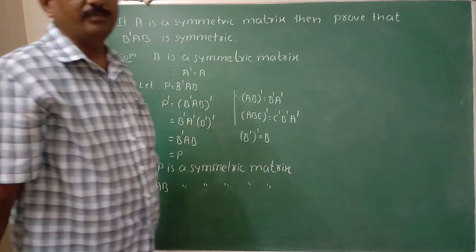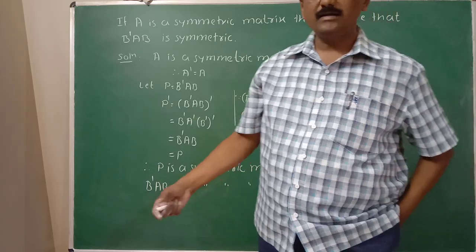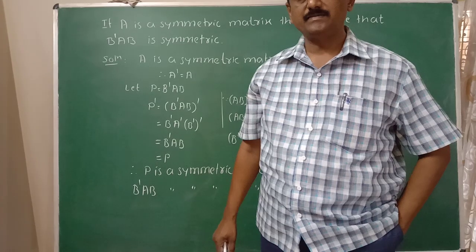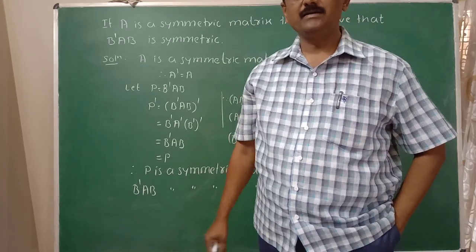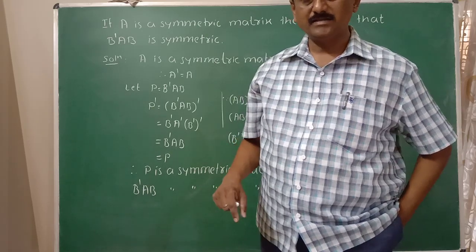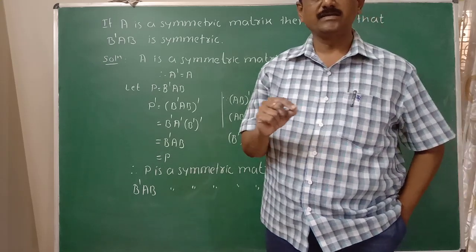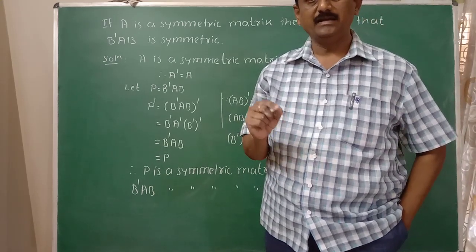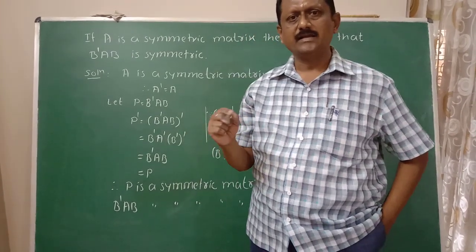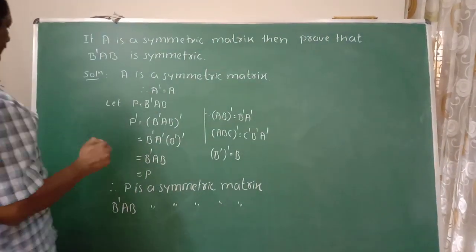So these are all important examples in matrices. In the next class, I am explaining the examples on determinants. First, I will explain what a determinant is. After that, I will explain the examples on determinants. And simultaneously, I am giving examples from competitive examinations. CET, JEE and other competitive examination examples I will explain here.